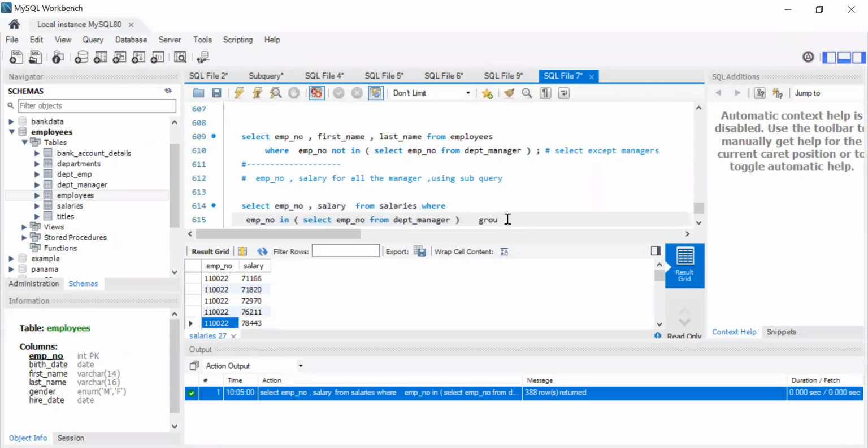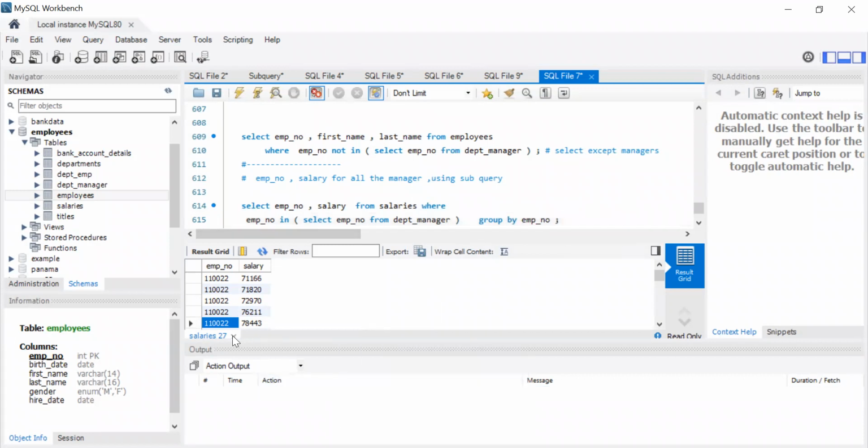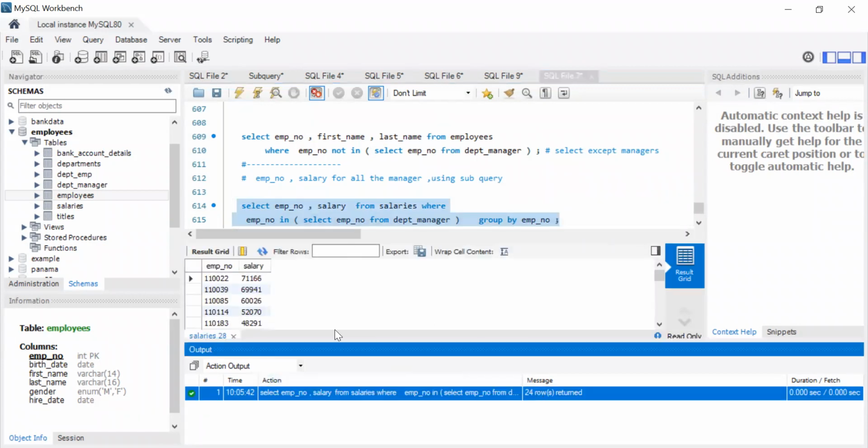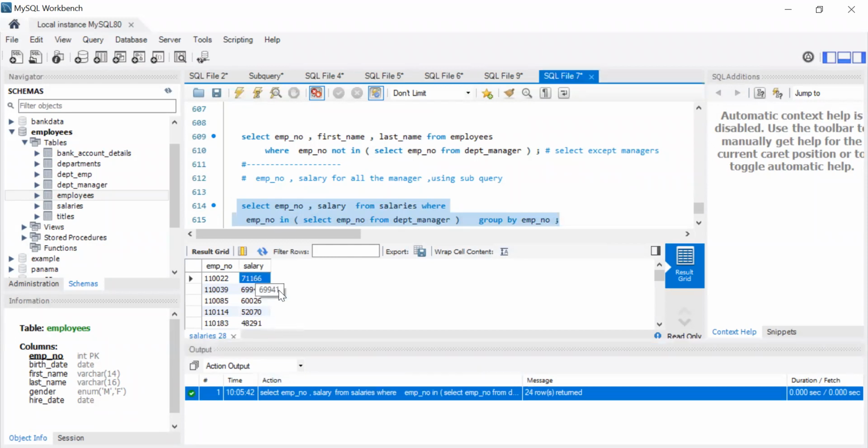So let's say group by based upon the employment number. Now, is this right? This is not 100% right. Why? Because when you do a group by employment number, it will give you 24 rows. But this salary may not be right, it has just picked any salary for the employment number, or the first salary. So the best thing is you say